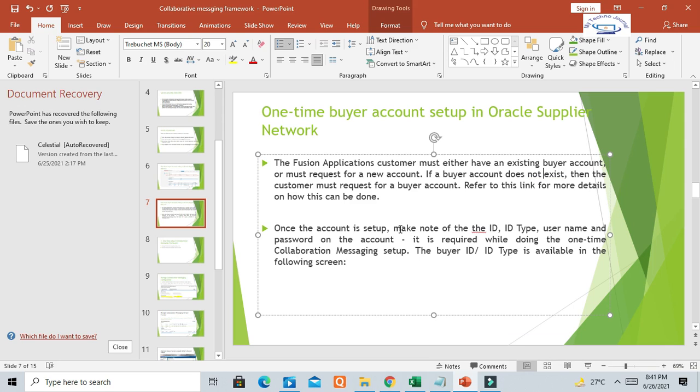It will be a unique ID type, and the username and password will be provided by the Oracle OSN platform, and it is required when doing the one-time collaboration messaging setup. Whatever ID or identification code is provided by OSN, we need to set up in the collaboration messaging setup in Oracle Cloud.